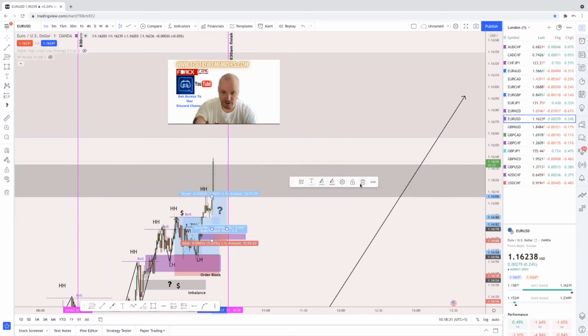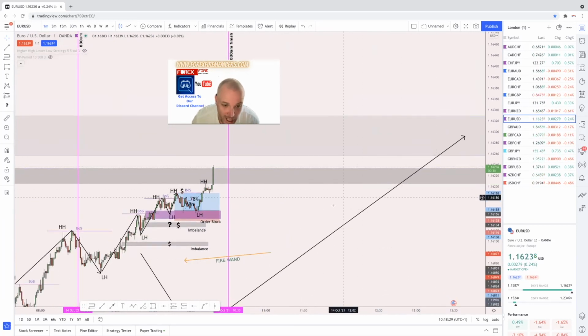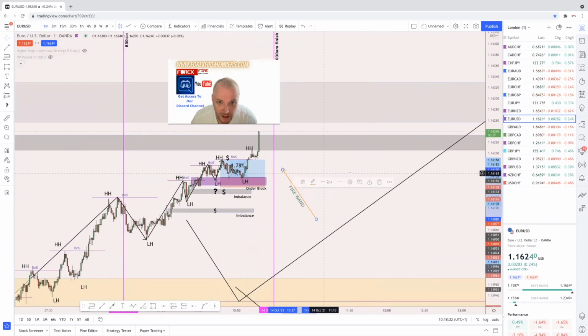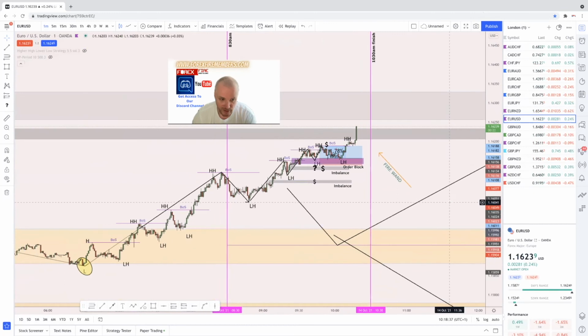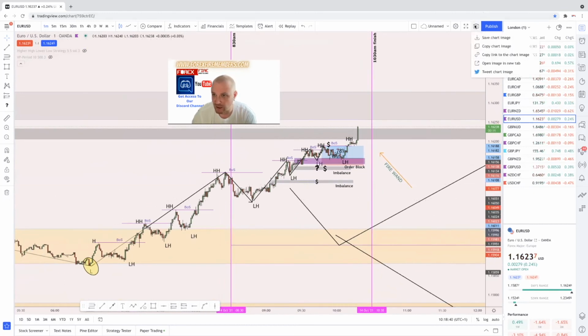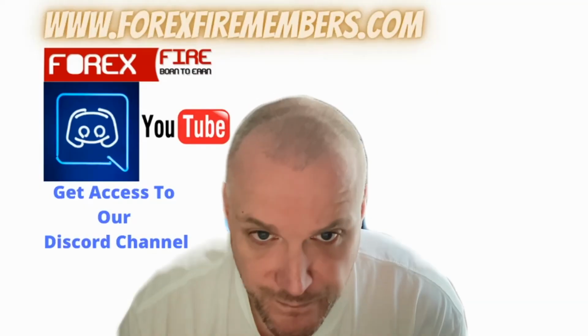So I'm just going to get rid of that now. So that is the run of play, player by player. You can see the importance of why we do these on structure points. Again, at the end of a session, you could always come down, see what you've got, click on there, click the chart image, save it to a text document, and then document that as the 14th of October, and do these each day. Look back on your bias at the end of the week, see where you are on an Excel sheet, see what growth you've had, and then you can look back on how you have done, okay? So just going to stop the share.